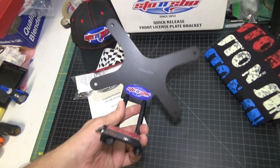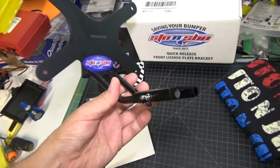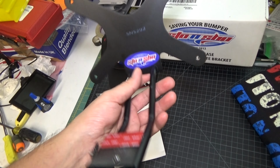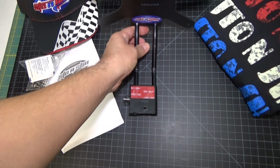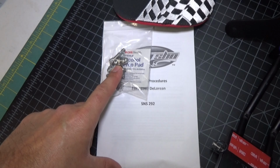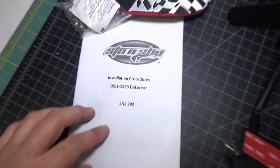Okay, so here's everything that comes with the kit. So you get the quick release front license plate bracket itself from Sto-N-Sho. This is actually very light. I really like this here. So you get the bracket assembly. You also get all the hardware you're going to need to install it, as well as a set of instructions